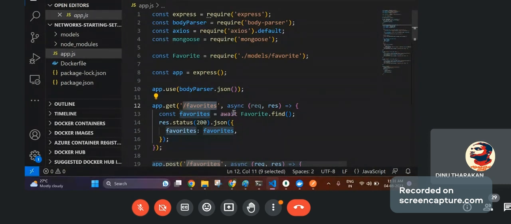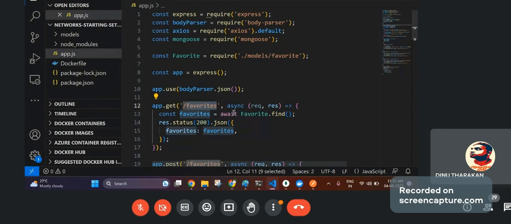Now, there is a catch over there. They say that the movies can be updated to our database. So a movie can have certain details, right? I mean, the name of the movie, the director of the movie, the actors of the movie, and so on. So what details do you want to add to the database?